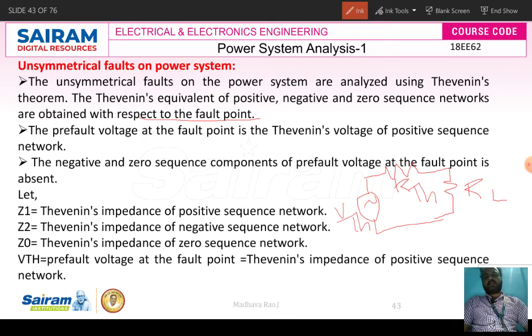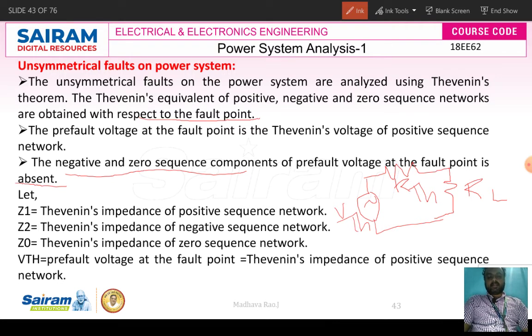So negative and zero sequence components at the fault point are absent, so they will not appear. Only positive sequence components will appear. So here we are considering Z1, Z2, Z0 as the Thevenin's impedances for positive, negative, zero sequences respectively,